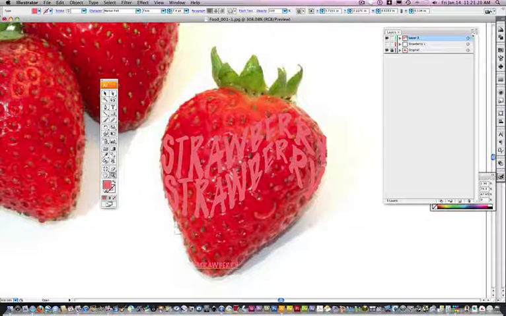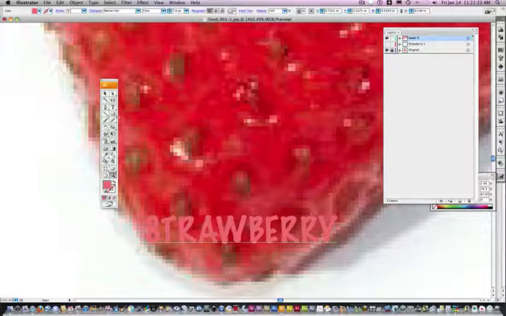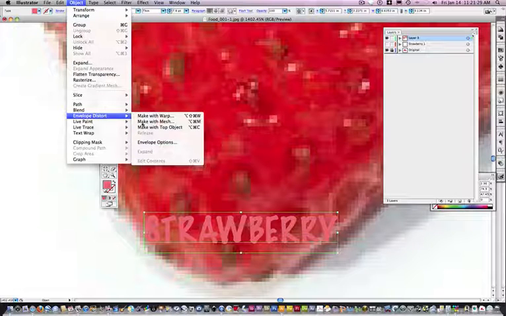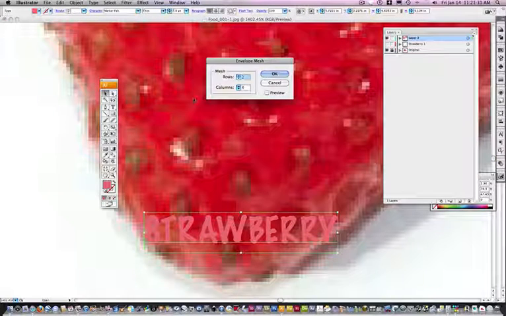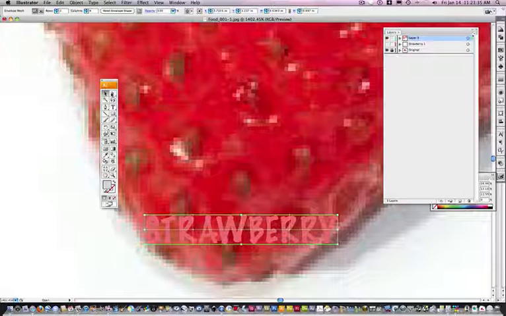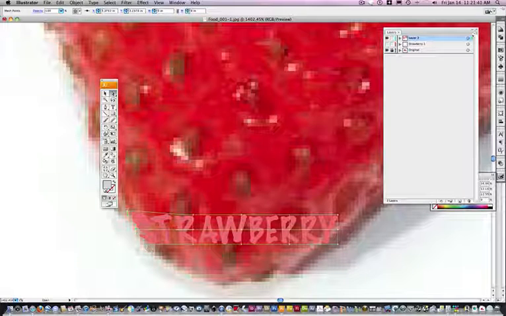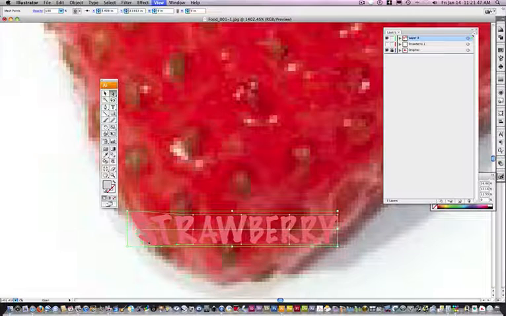And I'll zoom in here. You notice the color is still there. Select the object, go to Object, Envelope Distort, Make with Mesh. Keep it at maybe 2 to 4 rows and press OK, and then begin to use your direct selection tool to manipulate your text. And so you just do a little bit at a time, get used to moving your points around, and once you're done